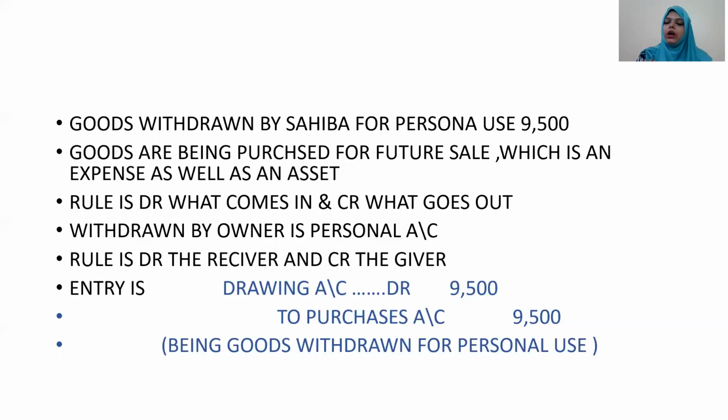So it belongs to the real, or we can say it belongs to the nominal as well as the real account. Expenses belong to the nominal account, but in general we see goods as an asset only, a current asset only. So we follow the rule of real account here, that is, debit what comes in and credit what goes out, because goods go under the subcategory of purchases and sales. If the goods are there in the business, they are purchased for future sale. So it belongs to the purchase category, or the subcategory of purchase.